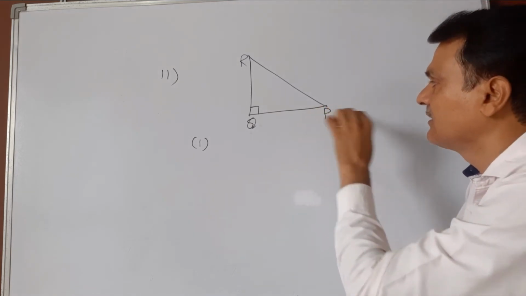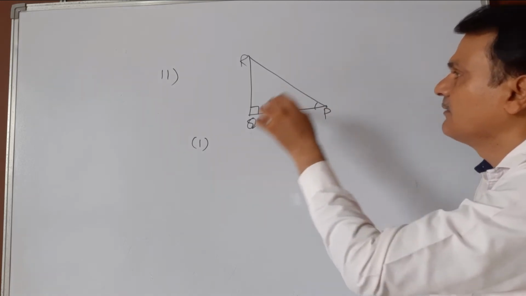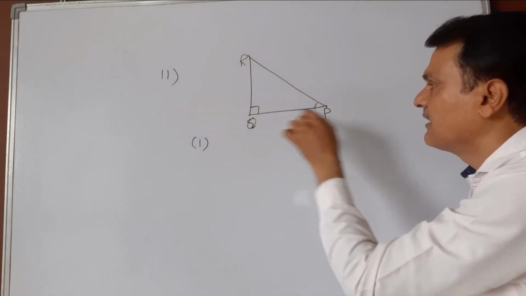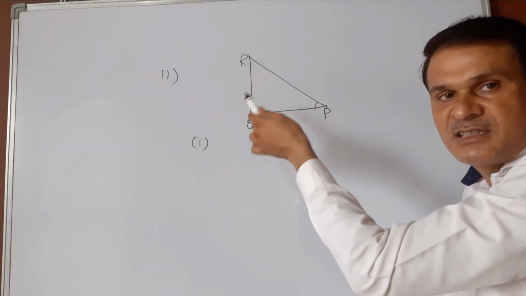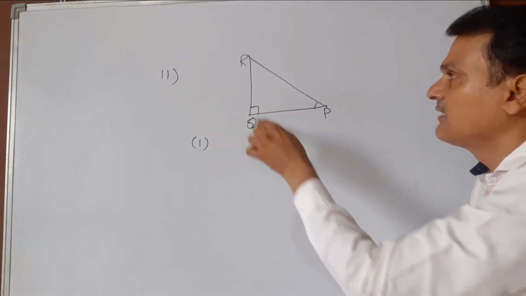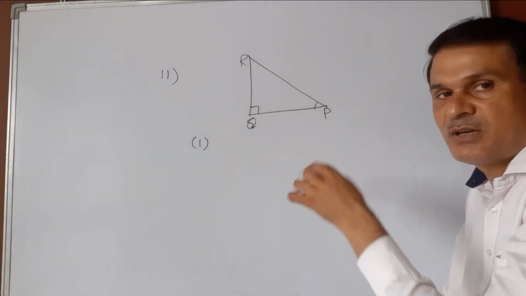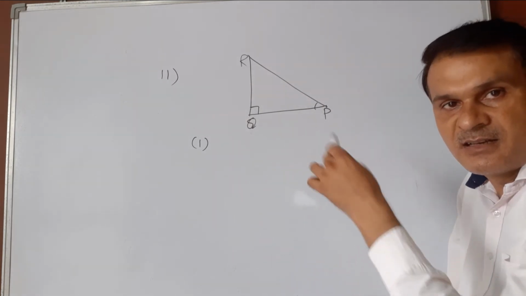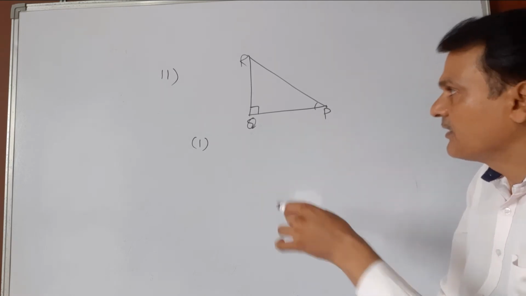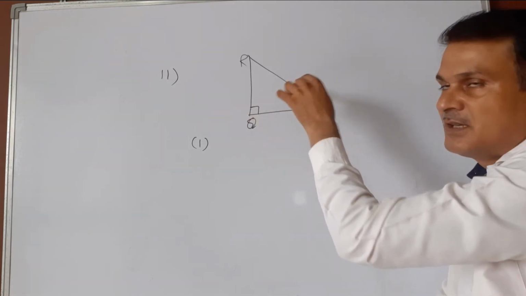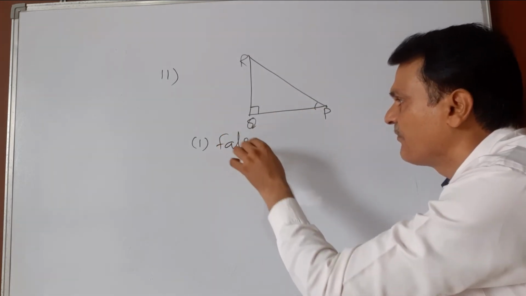For this we can take a triangle where the side opposite to angle P will be greater than the side adjacent to P. In this question, these two sides can be greater or smaller. Either QR is greater than PQ or PQ is greater than QR. So the value of tan is either greater than 1, smaller than 1, or equal to 1. But these two sides are always smaller than the hypotenuse. So the first part is false.